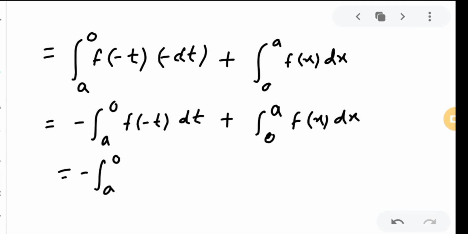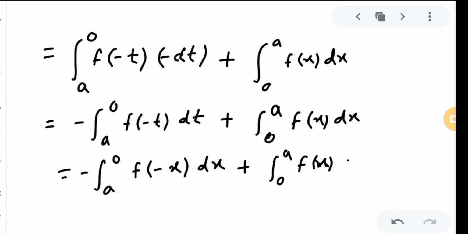Just minus x and dx, okay. Here I replace t with x, so nothing will change, everything will be the same. Now if you see, the minus sign is there,